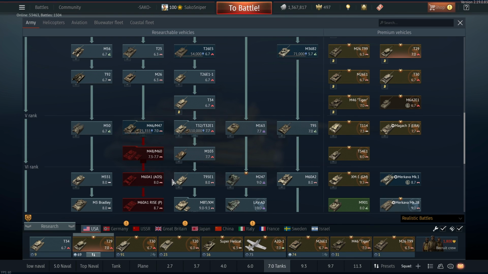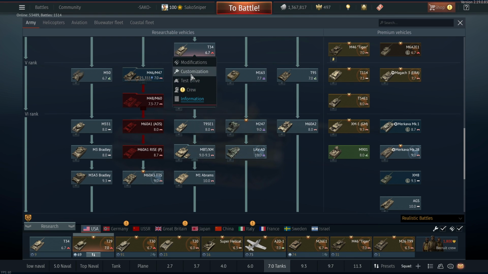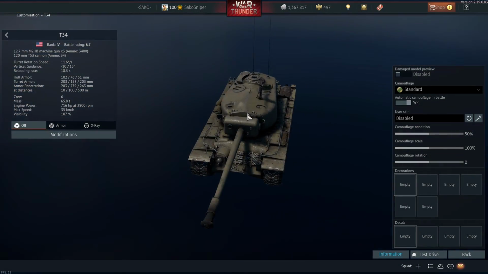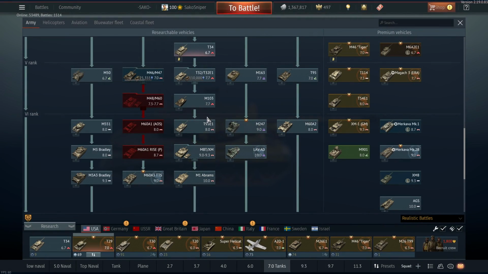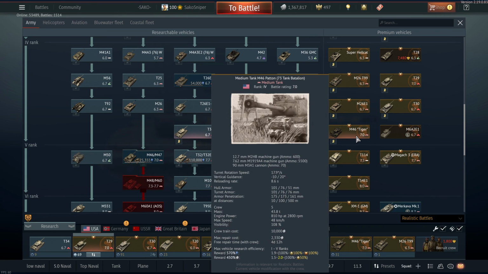The American army were basically doing different tests with different guns, and that is why there's so many different tanks. It's also how we get the T34 in the actual tech tree. This was, I believe, the main variant they did with a 120mm, is it? Anyway, getting sidetracked. Let's go back to probably one of the best tanks to pick up in the rank 4